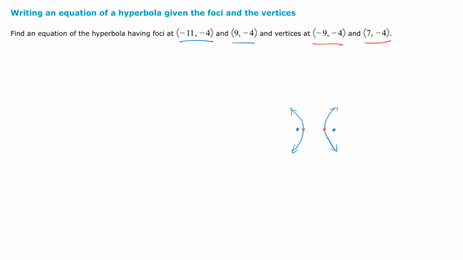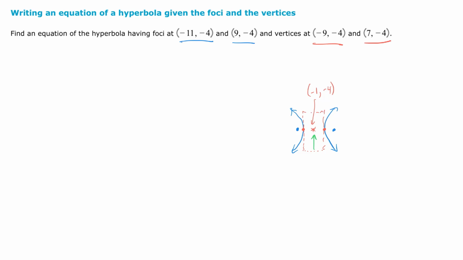Oh well, we could actually find the center. Let's find the center. So if the red here is -9, -4, and 7, -2, then that difference is 16. So this has to be what? This has to be -1, comma, -4. So if we draw a little rectangle here,